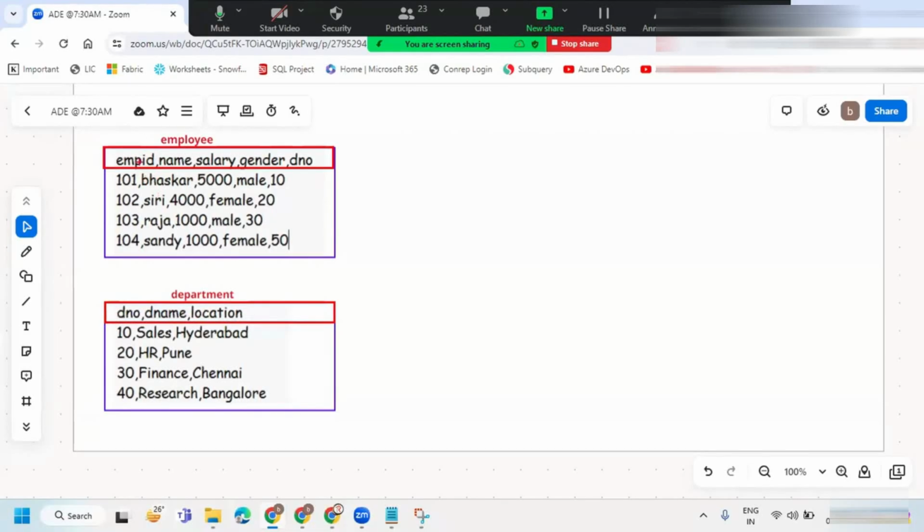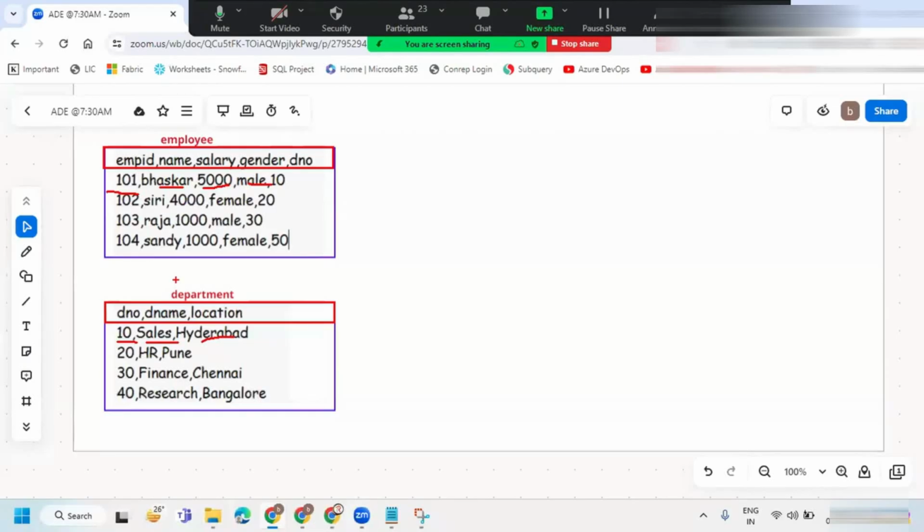The moment you see the column names or the number of columns, you can feel these two are different. You cannot feel both are the same. So that is what different structure means. Different kind of data means here I have employee details data, but here I have department details data. So the two tables have different sets of data.